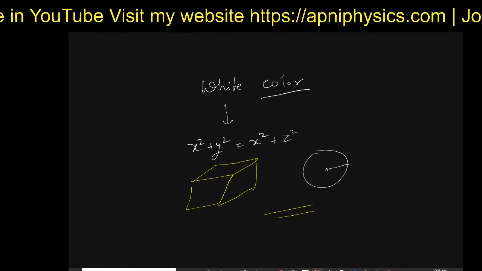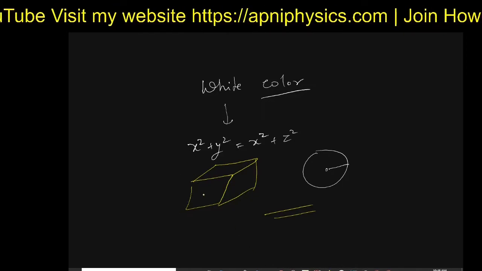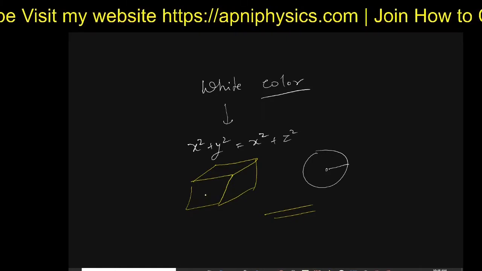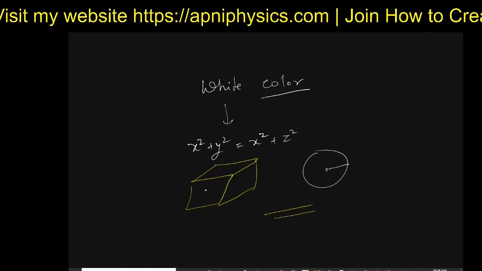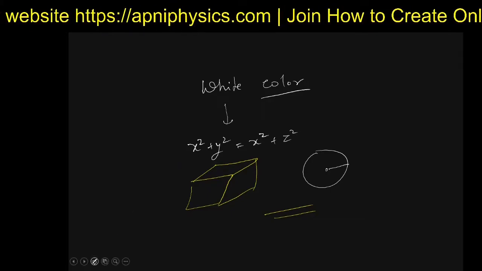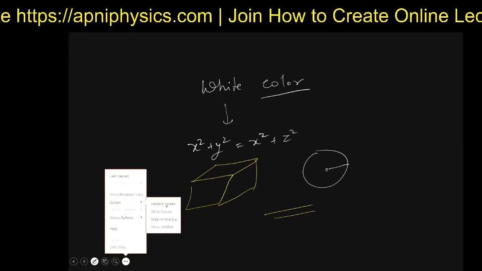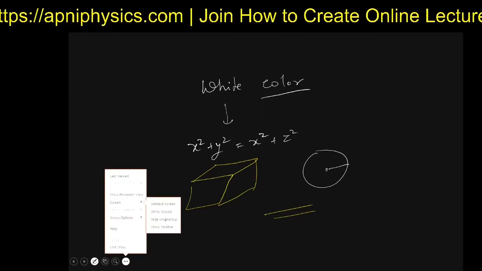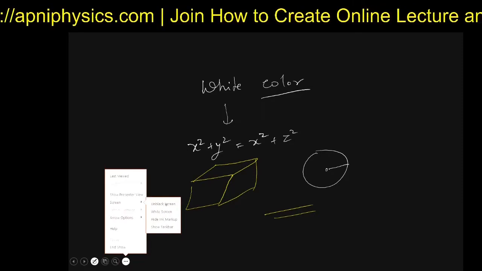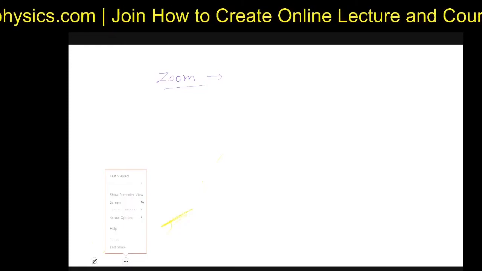So now you can see. At present you are in the PowerPoint presentation mode, in the slide mode, and you are using different slides. Come back and select the white screen, or like this, unblack, and again if you want to make it black, then black. So these are just some features.